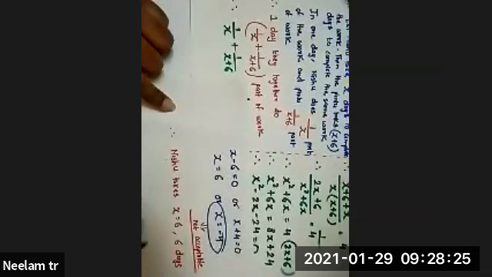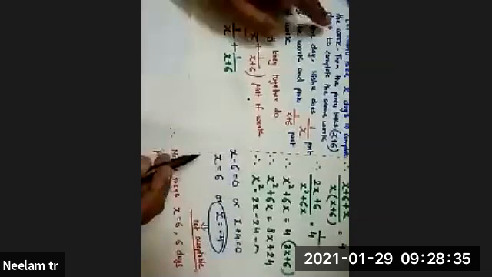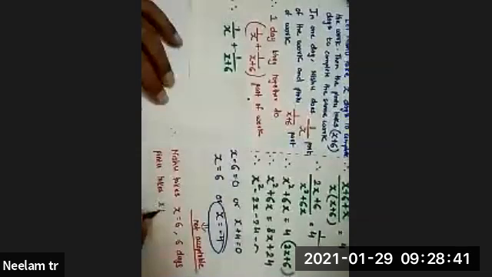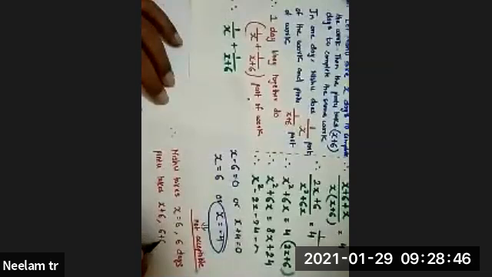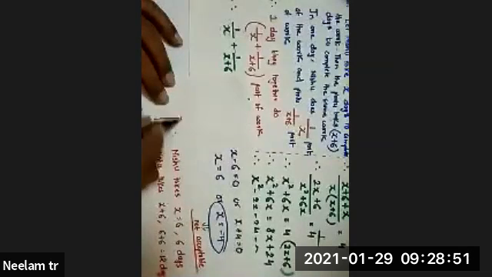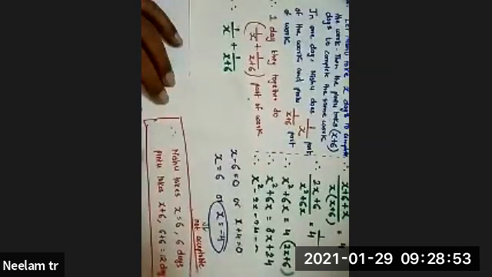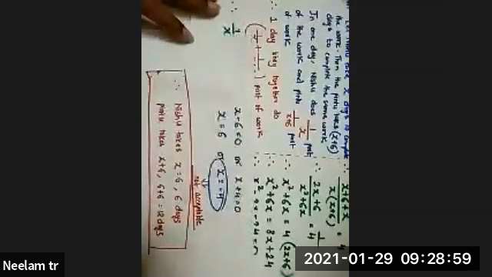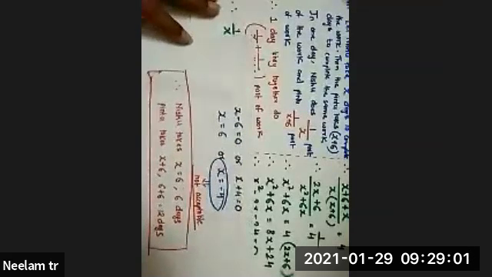ठीक है? And what was Pin 2? Pin 2 was there na? Haan. So Pin 2 takes, what was the condition there? Pin 2 takes X plus 6 days, means 6 days more than Nishu na? X plus 6 days. So the X value is 6 plus 6. How many days will he take? He'll take 12 days. Okay. This is your final answer. I hope you all understood till here.